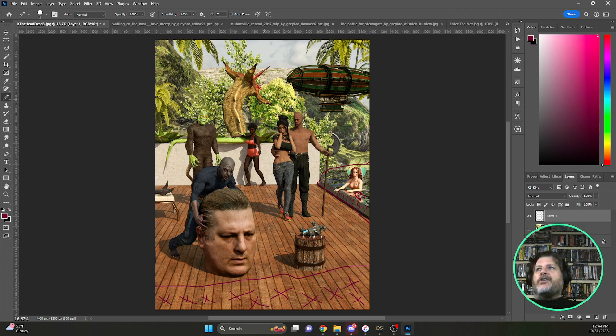I shied away from Genesis 9 here because that does fill up a scene very, very quickly. But I have an idea of having some characters hanging onto the snake and rappelling down a line. And you've got these little characters here, and all that will be its own scene. So you sort of see here that I am breaking this up into reasonable chunks that can become their own